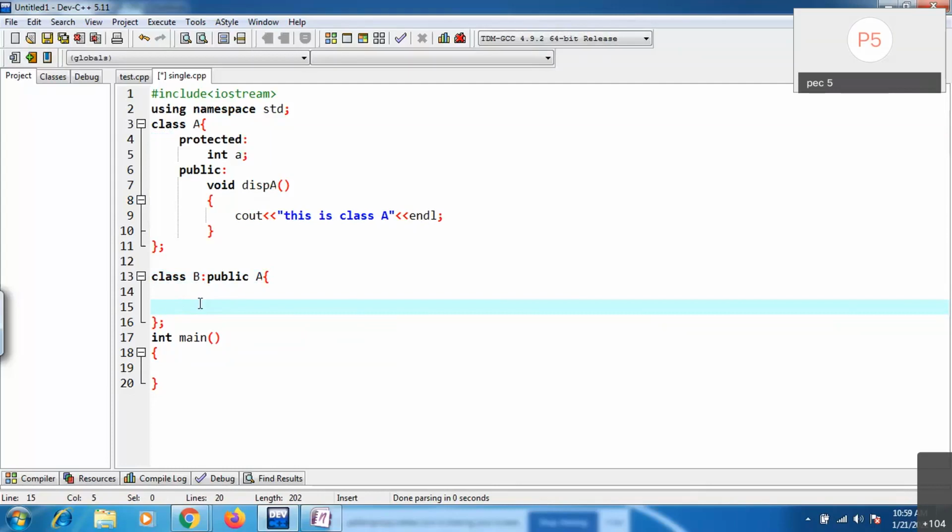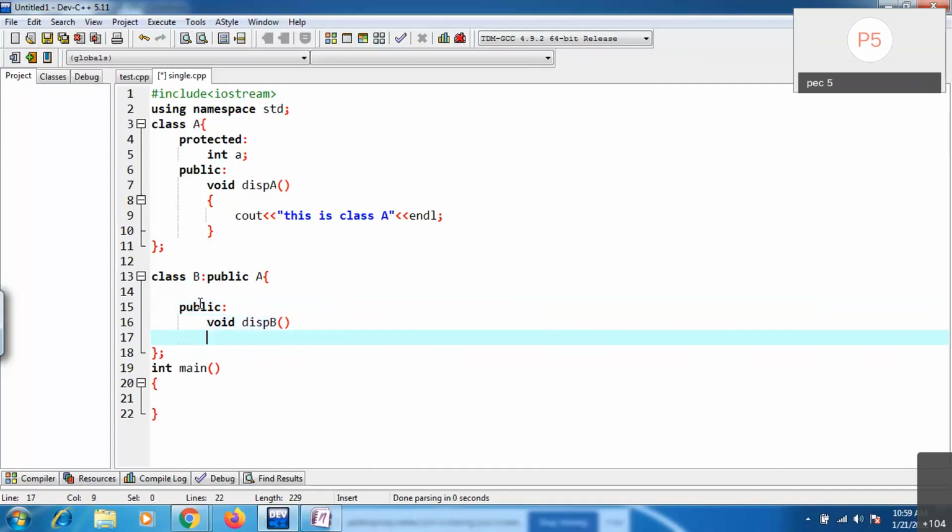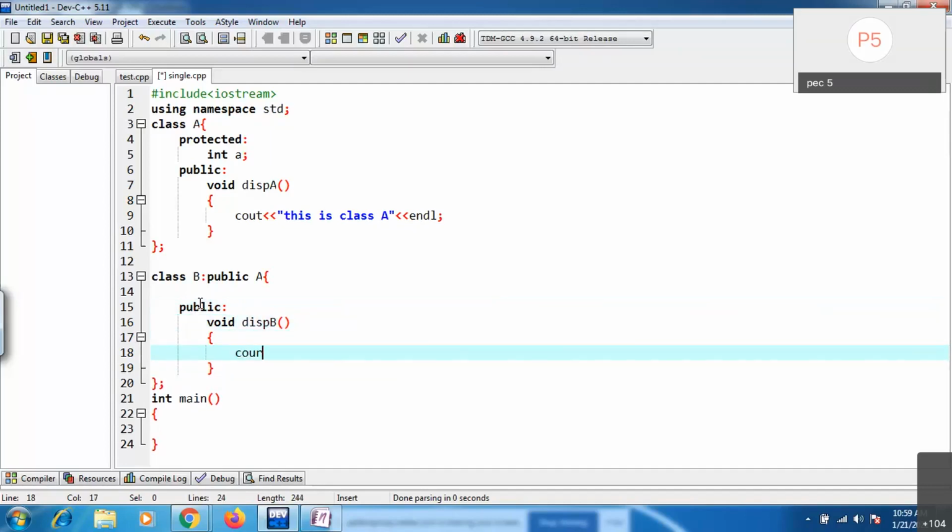Inside B, I'm writing one more public function, the display function related to B. This is class B. Just talking about single inheritance.